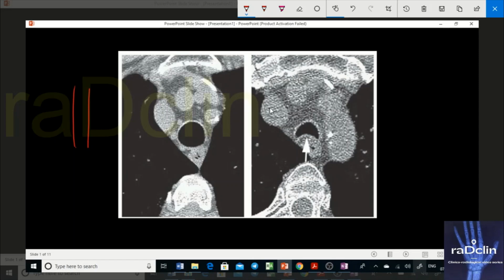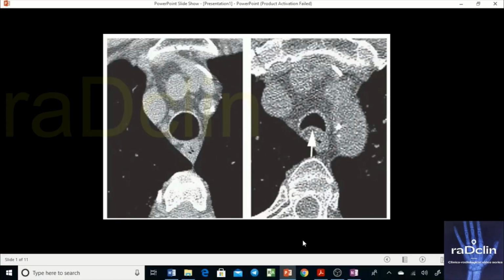Now another possibility, although this is something objective that I just told you. There's a tendency of AP collapse, anterior posterior collapse, in normal expiration, but since cartilage is also destroyed, in tracheomalacia there will be a side to side collapse also. But that is not objective. You will see some degree of side to side collapse even in a normal patient. The only objective criterion that is there is the symptoms. Okay, so that was tracheomalacia.